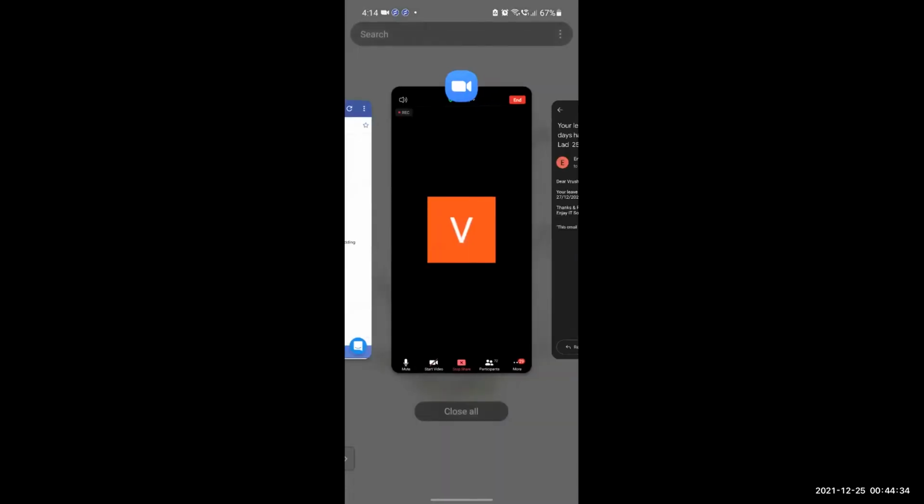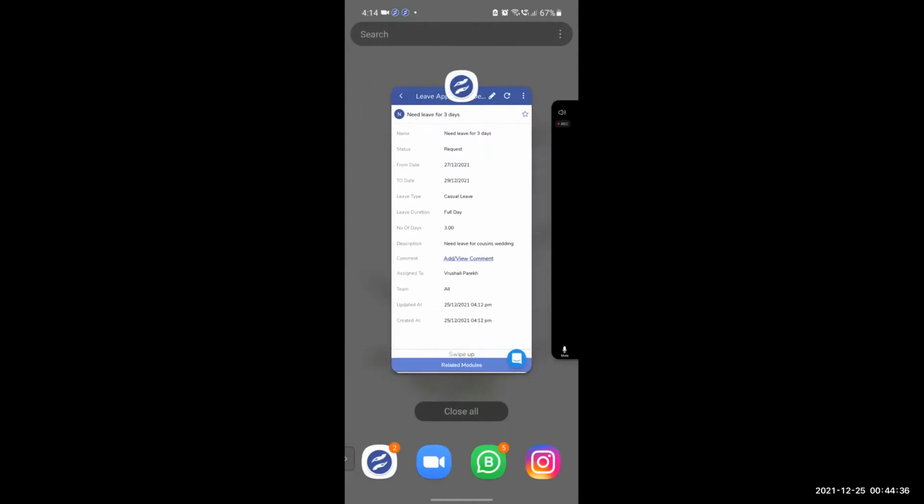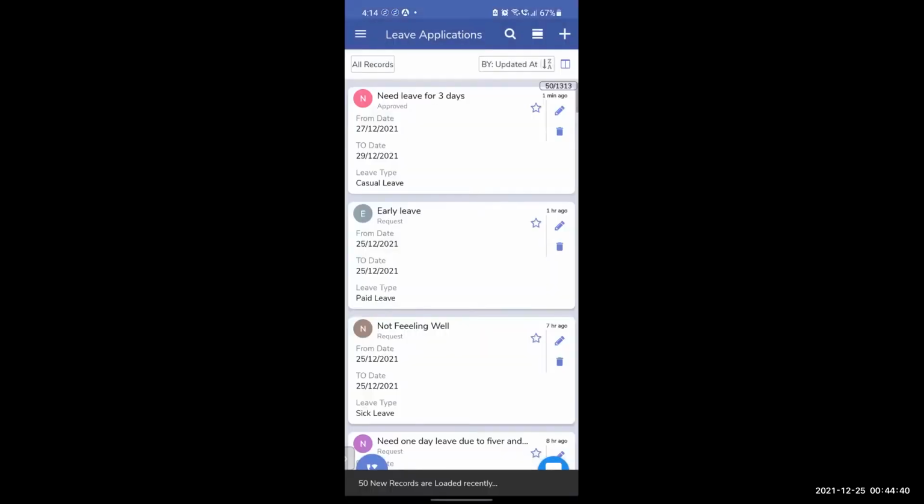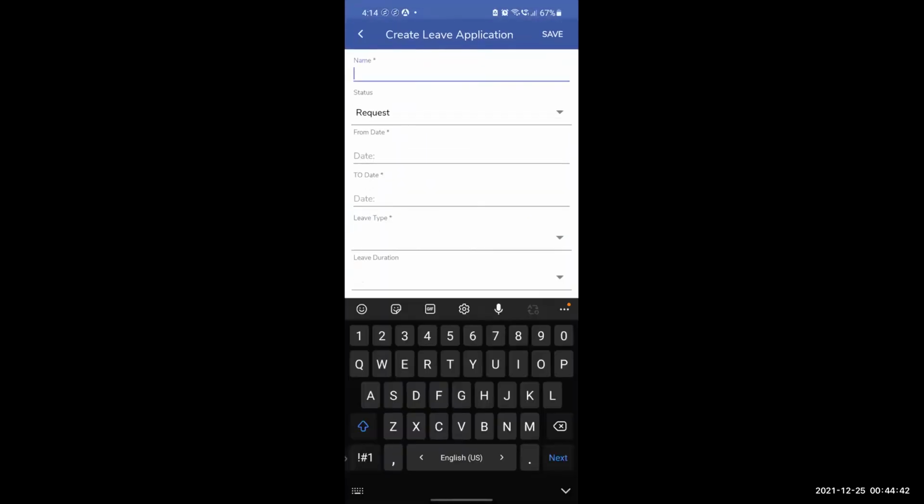Now ये तो leave की बात हो गई. What if I want to work from home for 3 days? तो वो भी सेम ही होगा. हम leave application से create करेंगे and I can write need to work from home for 2 days. Let's say